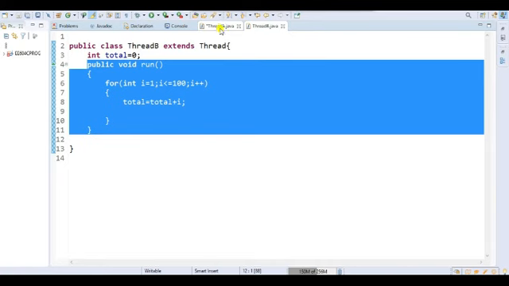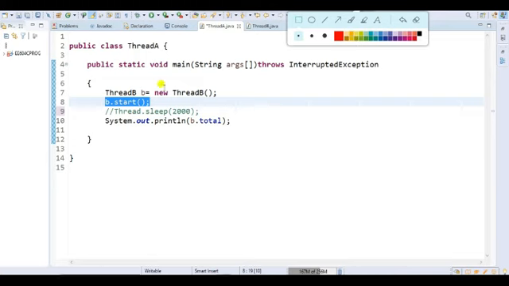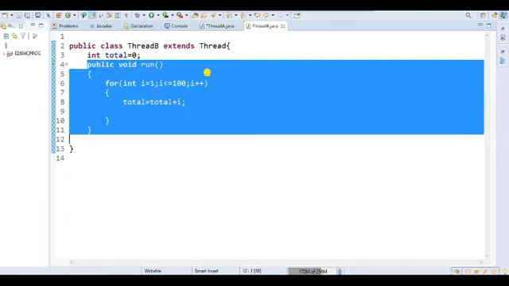When the B.start method is called, then this run method will be executed.